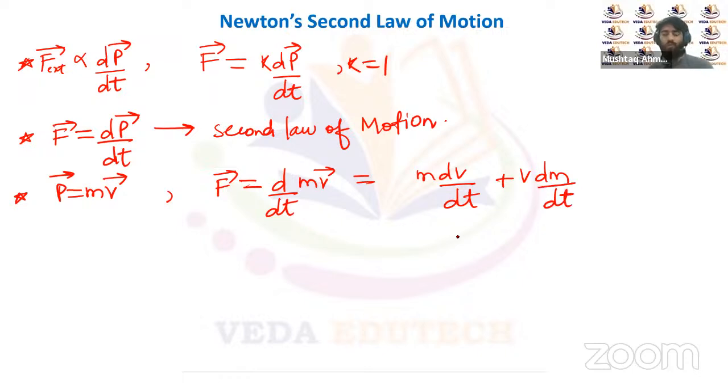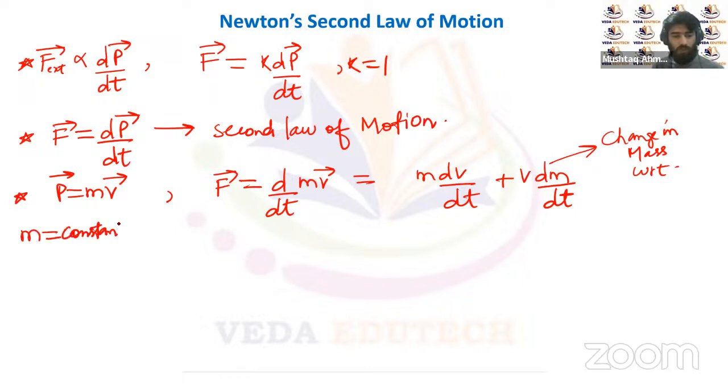That means that we actually have two components of the force. One is because of the change in velocity, and another force is there because of the change in mass with respect to time. If the mass of our body is changing with respect to time, then also force is acting on the body. It's not possible without force, right? And similarly, if the velocity of a body is changing with respect to time, then also a force is acting on the body. But if we assume that the mass of a body does not change, that is, m is constant,